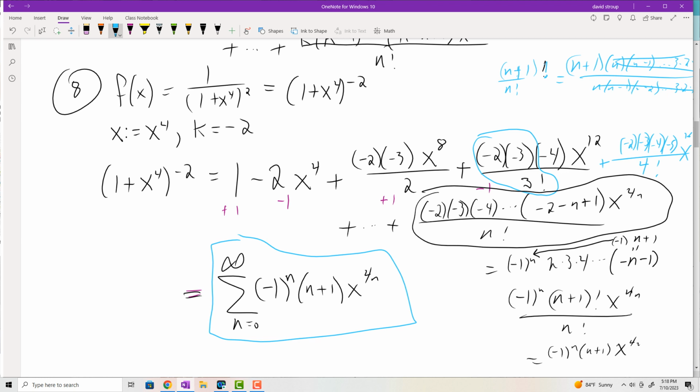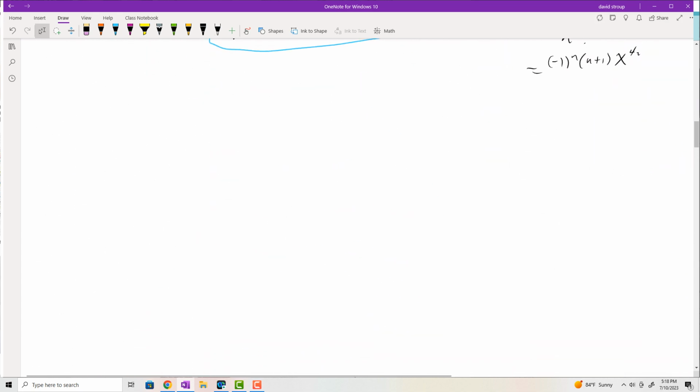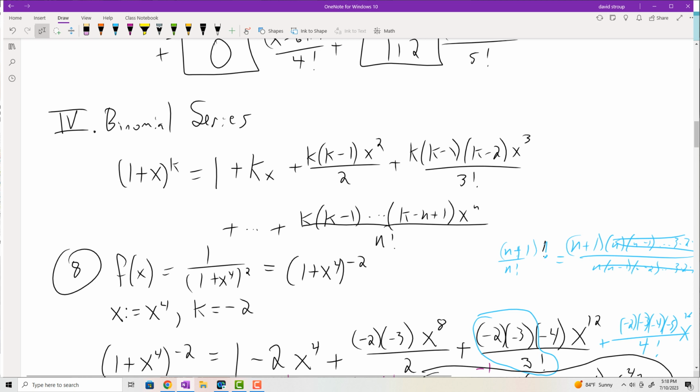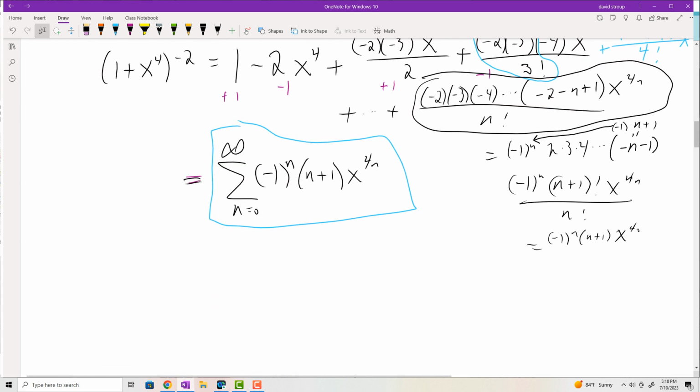Okay, so what I did essentially was I kind of knew the form for the binomial, and then I was able to use the form as a template. This thing right here, and you'll see that in the book they give you basically a table of well-known Maclaurin series. Okay, so if we go to the book,